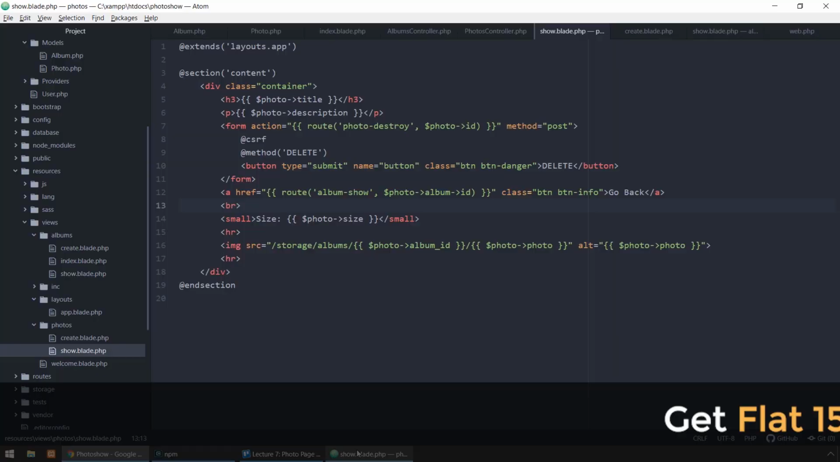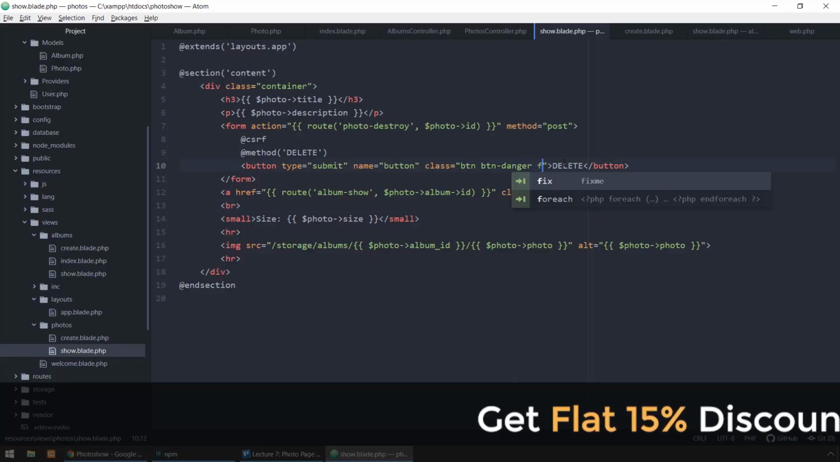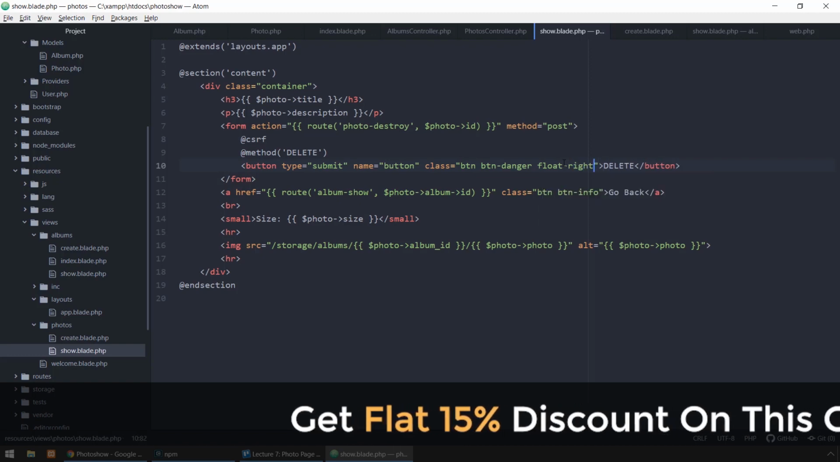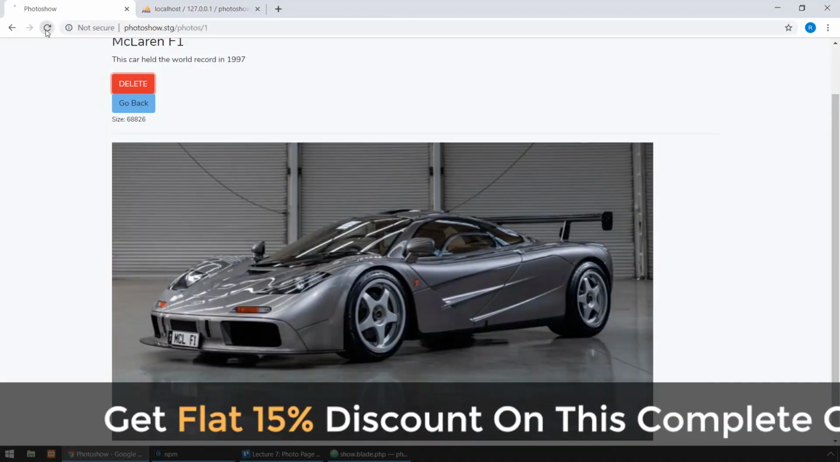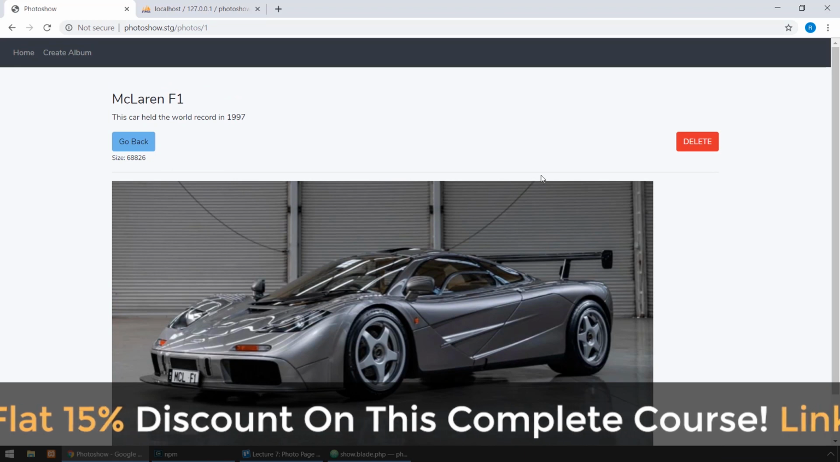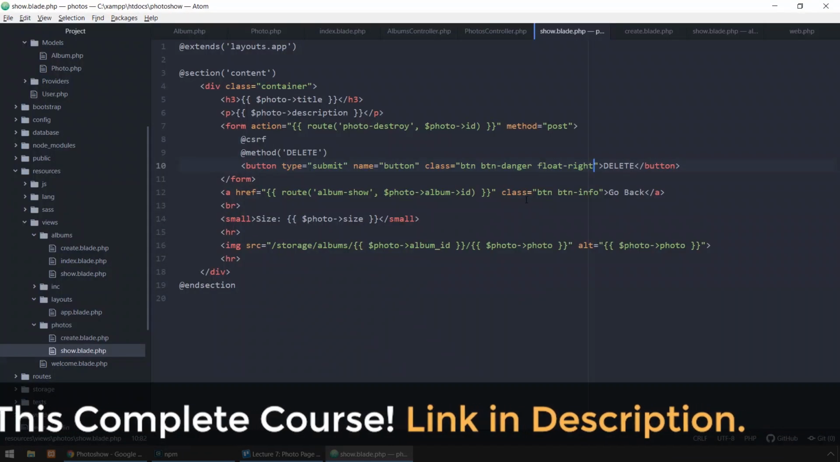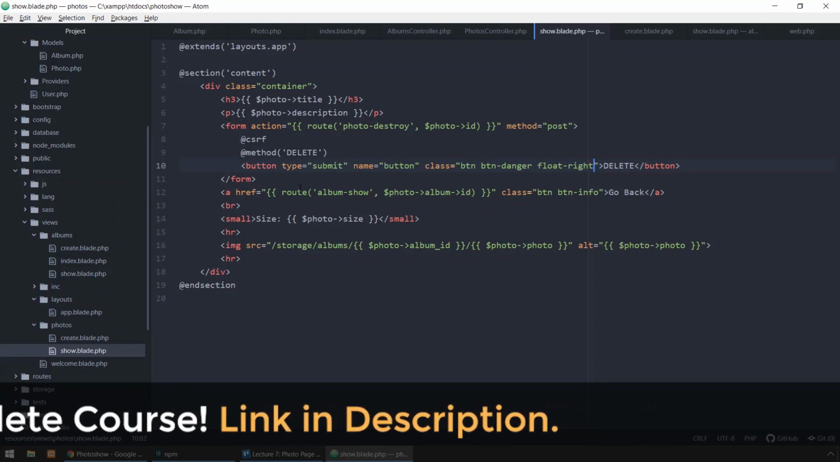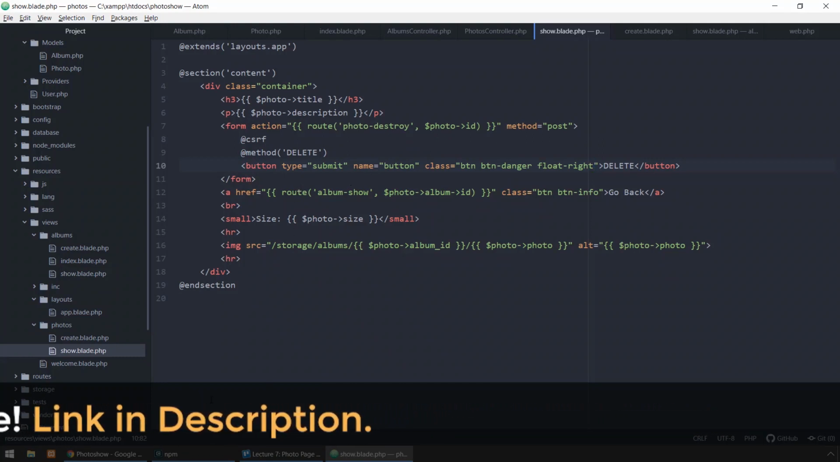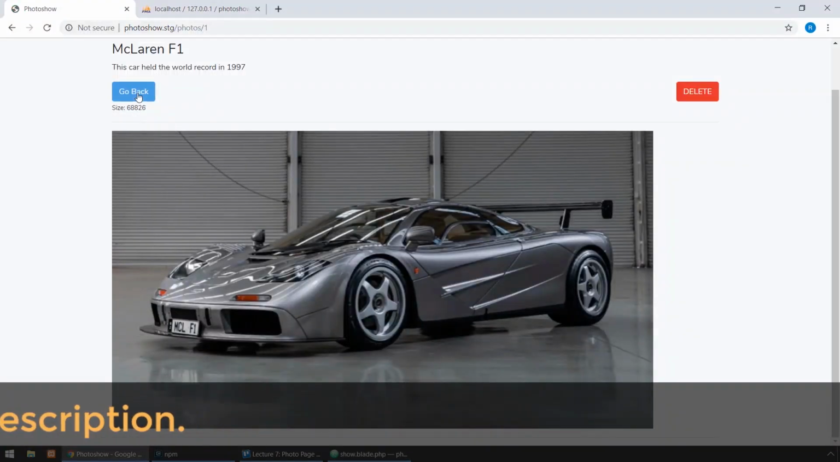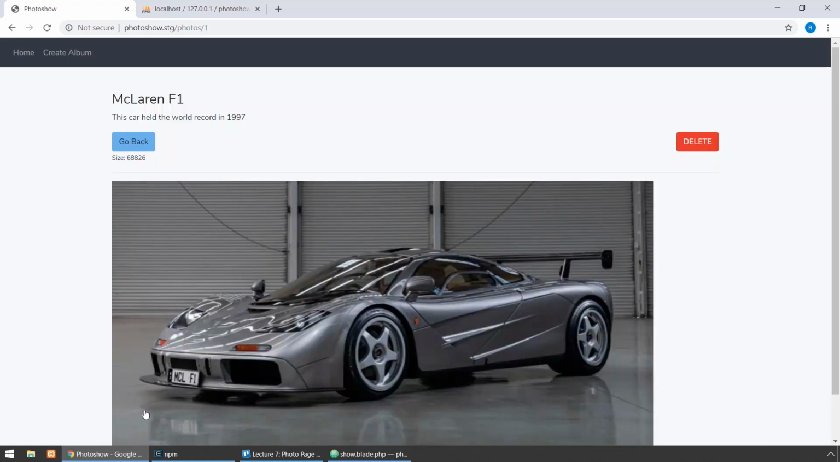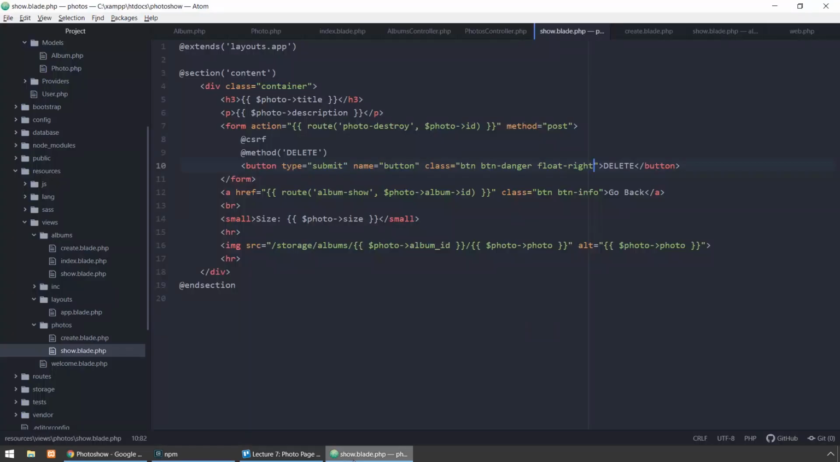Let's add a float right class here to pull the delete button to the right. Right, looks good. And now let's see, we have the delete button, the go back button. Let's see if this works. Great. And what do we have left? Let's see. We have the photo album ID,